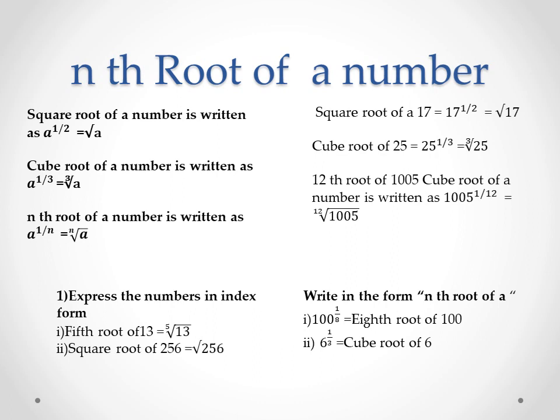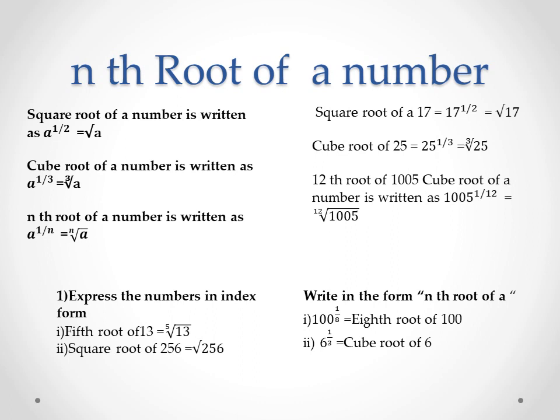Now here the opposite way. If they give it in index form, you want to write it in word form. Its explanation: write in the form nth root of a. Like that we want to write. They gave 100 raised to 1 upon 8. In case of index, which number is written below 1? 8. Means here 100 raised to 1 upon 8 means 8th root of 100. What is the number given under the 1? That root we want to consider. That is, 100 raised to 1 upon 8 equal to 8th root of 100.